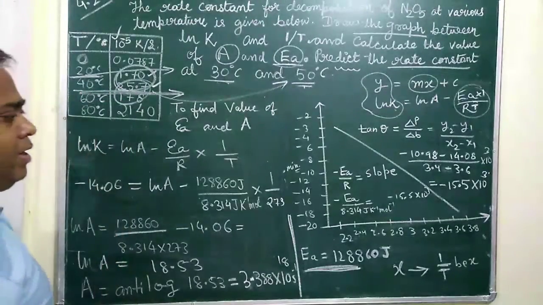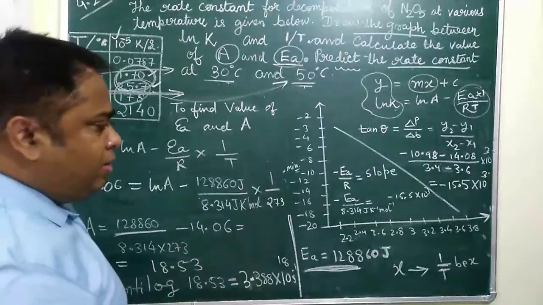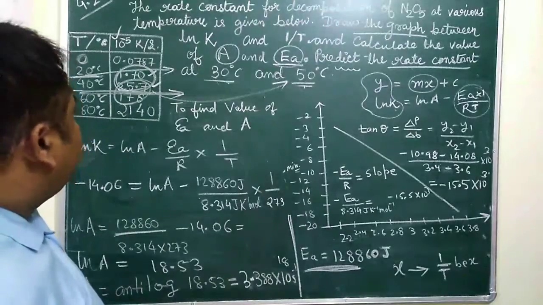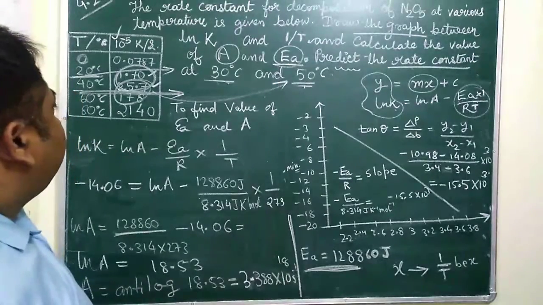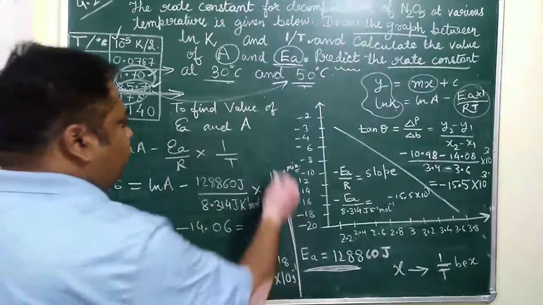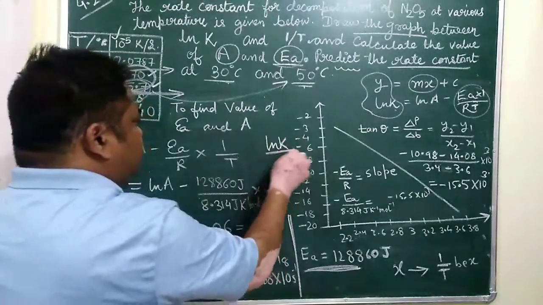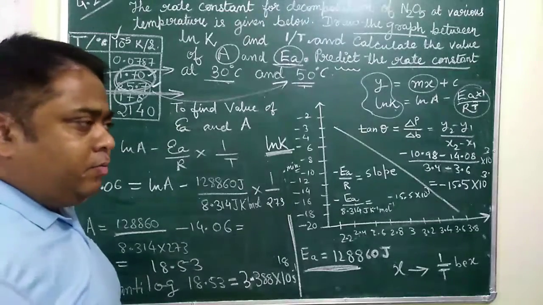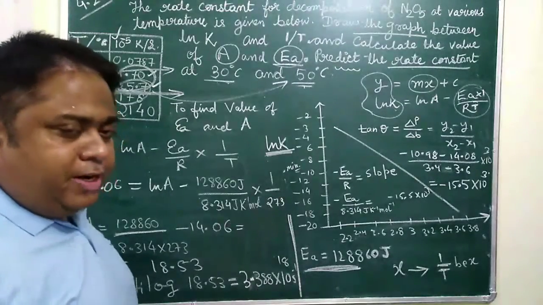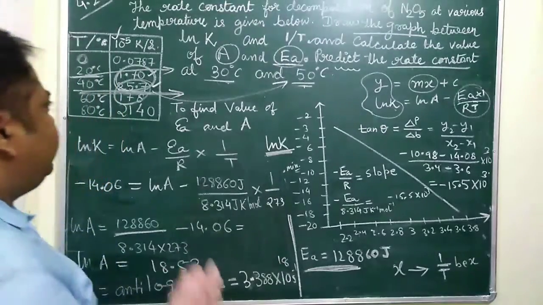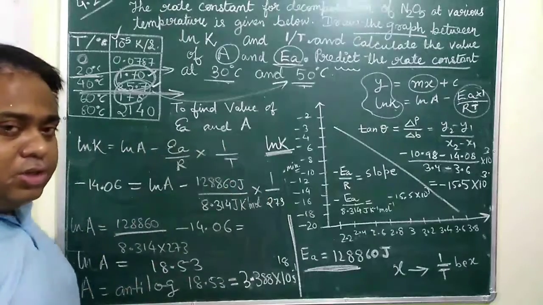This is one way. Another way is that if you have the plots drawn in the graph paper, then corresponding to the graph paper also you can find out the value of ln k. So this will give the value of ln k, and from this value of ln k you can again calculate the value of k. In both the ways the value which you will get will be the same. I had found out the value of k in a very tricky manner in the beginning of the question itself.